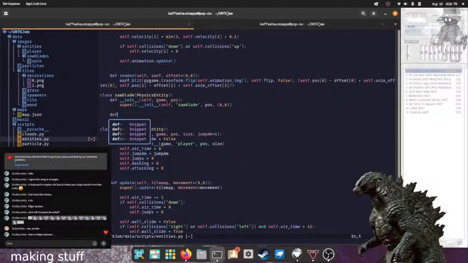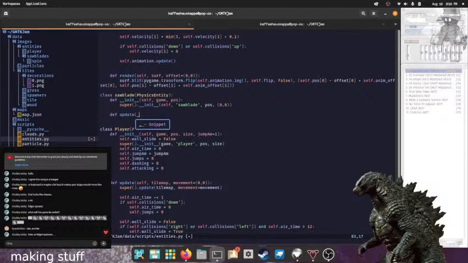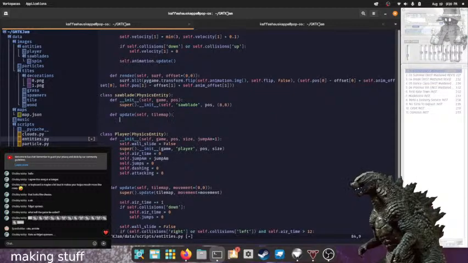We're gonna actually copy the top line of code here for the players. Except actually, sorry, oops, I put an underscore there. Update self tile map, and that's all we're gonna put because this thing's never gonna move. We're gonna have to pass in the tile map when we update. That's fine though. So we'll take tile map, and then it's going to just be 0, 0.